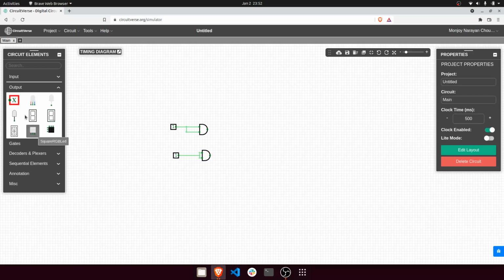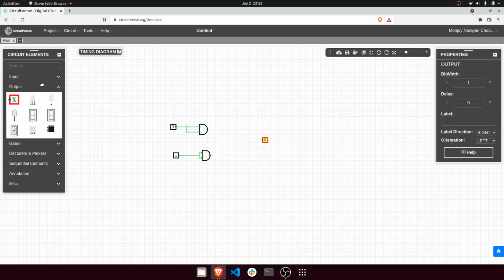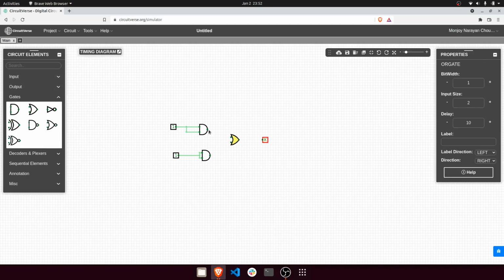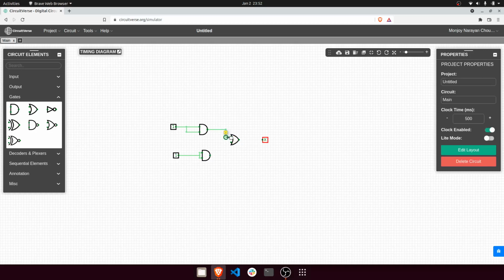And I'm going to take an output here. I'm going to take some gate, an OR gate. This is not necessarily a working circuit. I'm just showing this for demonstration purposes. Okay, so this is the internal circuit.